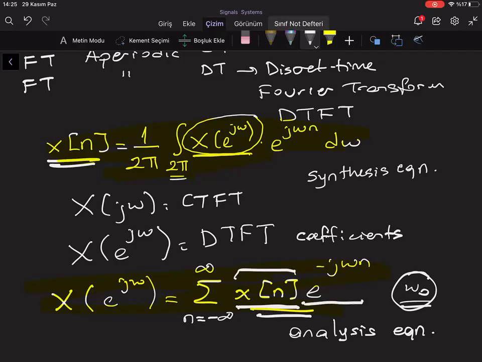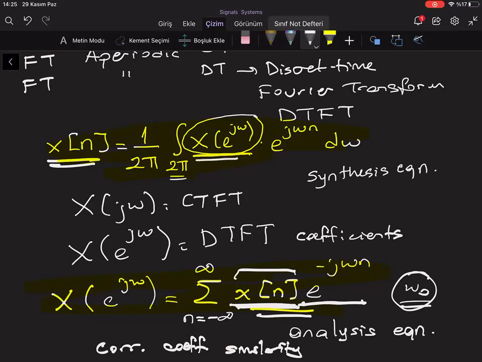We said that it's like a kind of correlation coefficient, and we are trying to find out the similarity between my signal x of n and e^(jωn), which is like sine ωn, cosine ωn in real axis and in imaginary axis. Okay, so this is a critical thing, and we should be aware of the situation that if we talk about